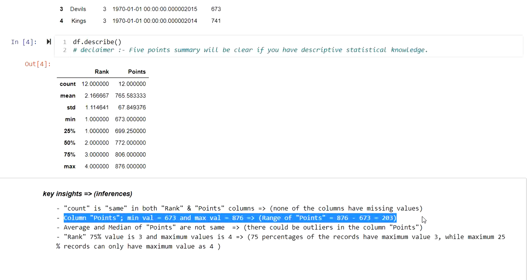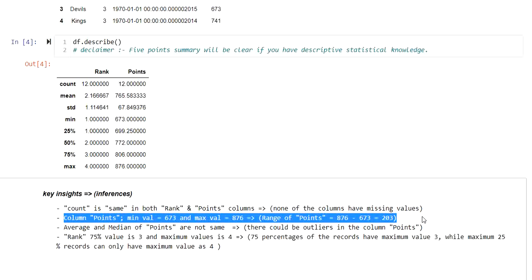So it's more likely that a few of your points are not statistically close to your average. They are quite far away. Now there could be multiple reasons for that. I am not discussing the reasons as of now, but I am trying to show you how you can look, and in what direction you should look, as a data analyst or as a data scientist when you are seeing the output of df.describe. That is very important.